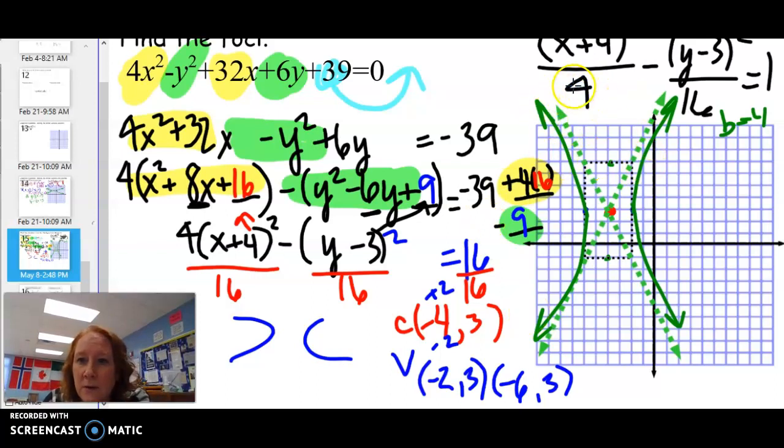Well, foci, I go 4 plus 16, a squared plus b squared, so that's the square root of 20. Square root of 20 is about 4.5. So from the center, I go out 4.5 this way and 4.5 that way. All right, so do you see how far the foci is out? That makes it wider. So foci, from negative 4, I went 4.5 out, so negative 8.53 and